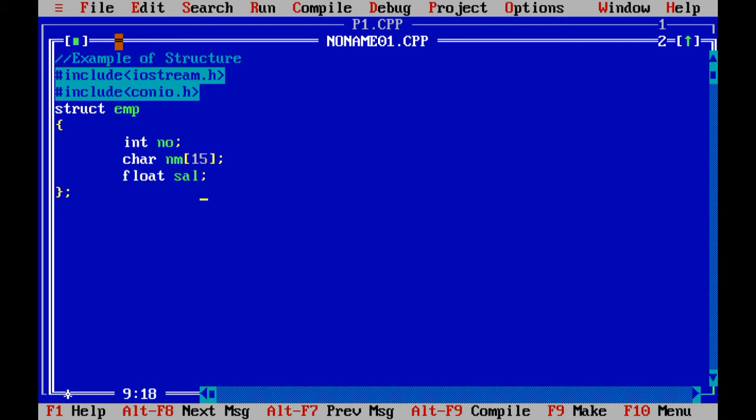Now it is time for the void main. clrscr. You can copy the previous program and paste it, or you can save the file as a new one, because there are minor changes in the program.